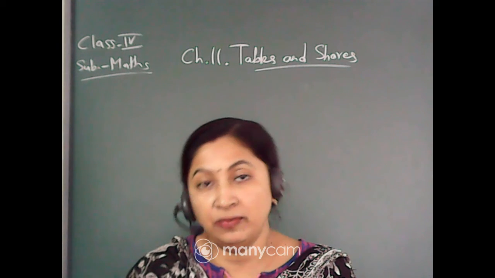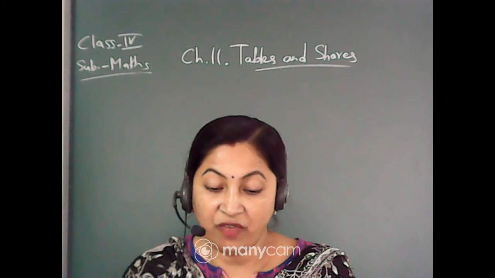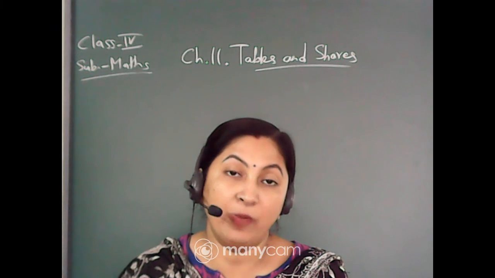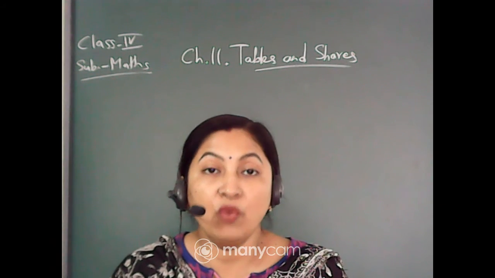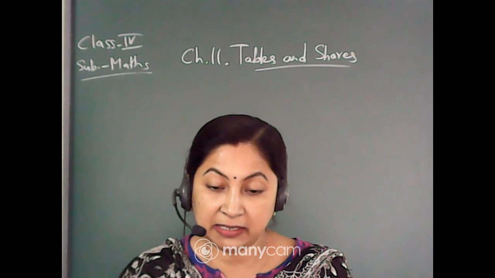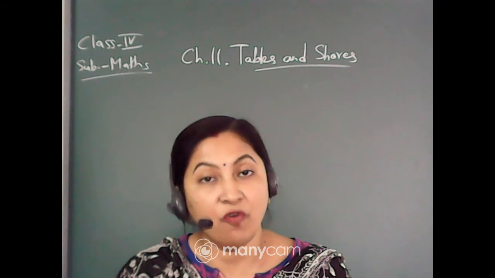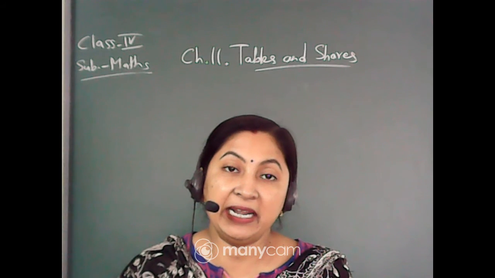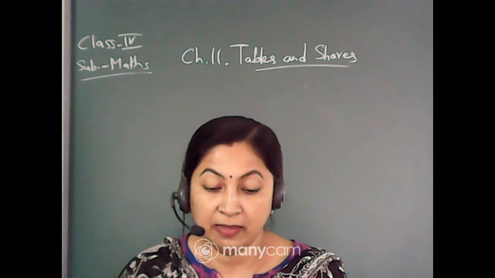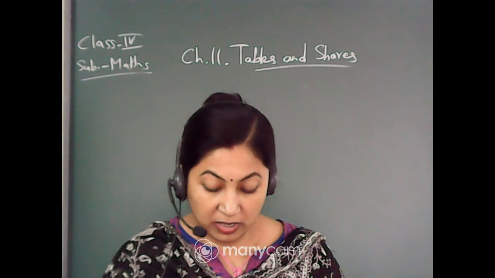So she has counted the legs and it was 28. Now can you find how many cats are there? If she has counted 28 legs, then how many cats are there? As you know, one cat has how many legs? Exactly. One cat has 4 legs. Now there are 28 legs. That means you will divide 28 by 4. So how many is it coming? 7. That means there are 7 cats.